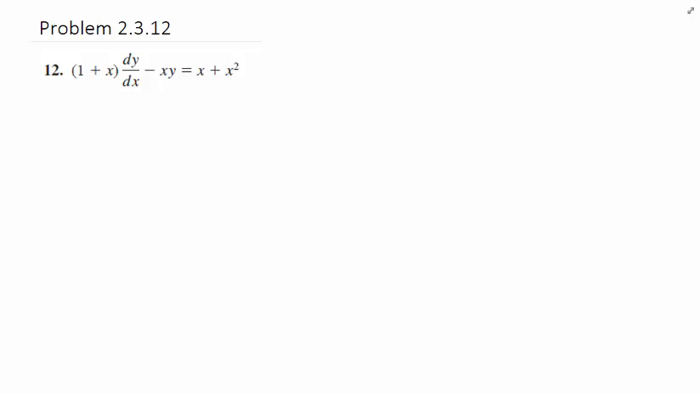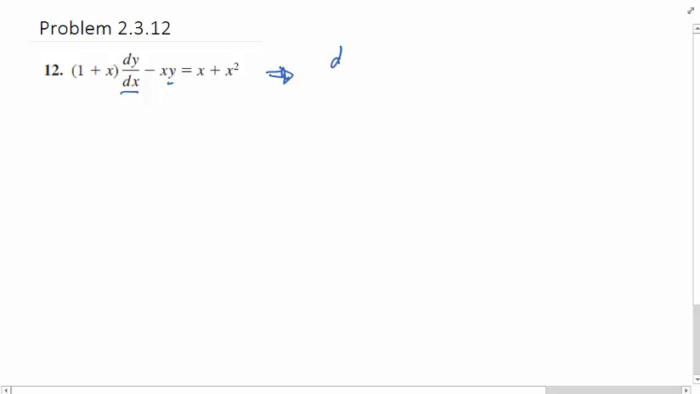Let's see if we can tackle this problem. This is a first order linear differential equation. So what we want to do is write it in standard form by dividing by 1 plus x. So we have dy/dx minus x divided by 1 plus x times y is equal to, now this has an x factor out that